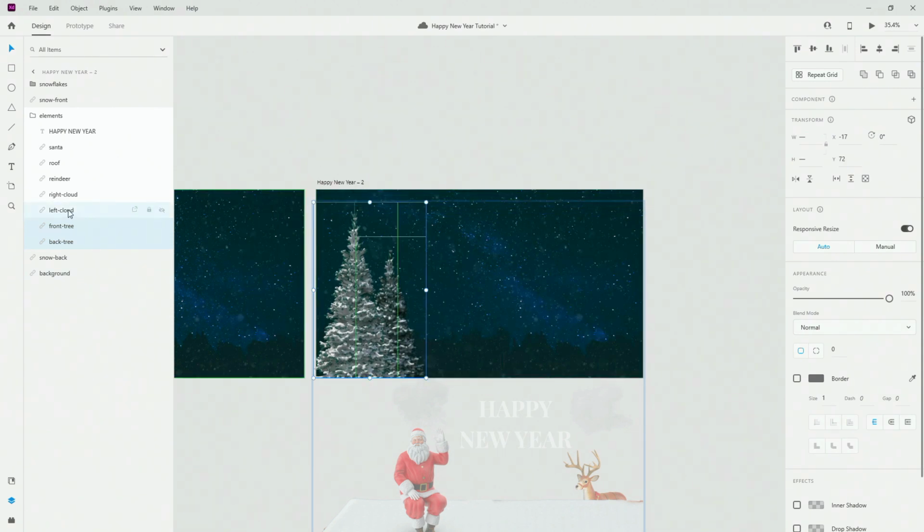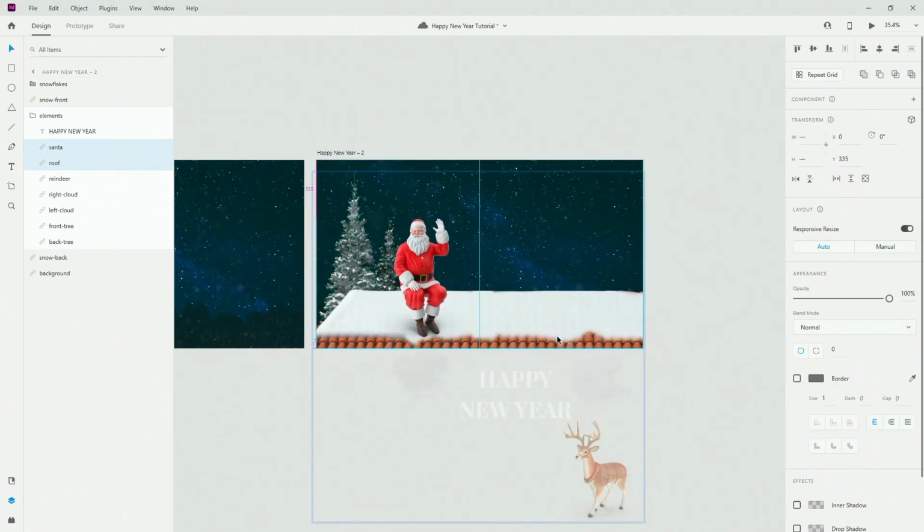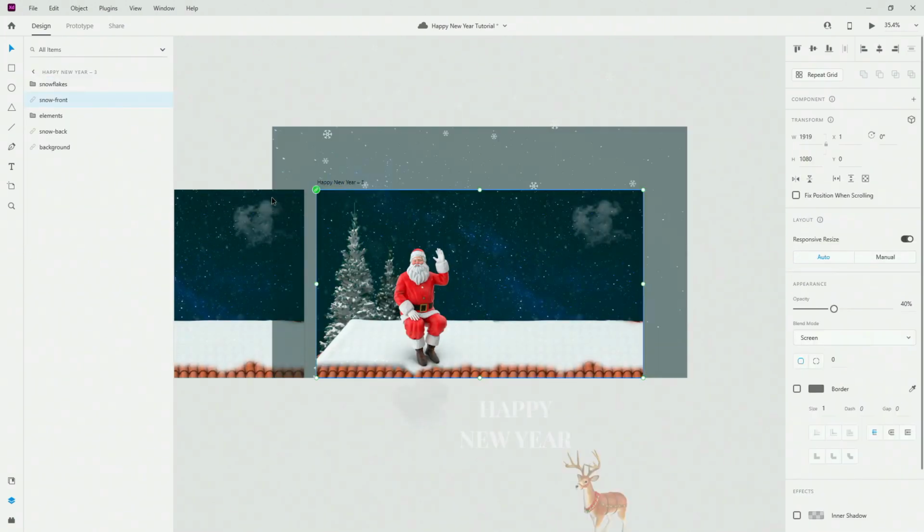Then I'm going to select the roof and the Santa, like that, and place them where they were. There you go. And I'm also going to select that right cloud, for example. I think it's going to look quite nice there. And I'm going to stop there for this one, hit Control D one more time, and on this last one